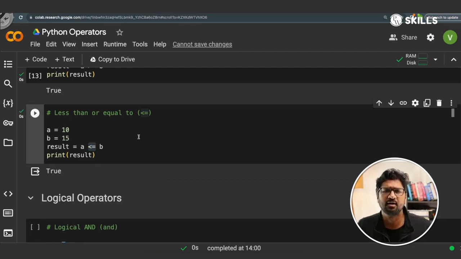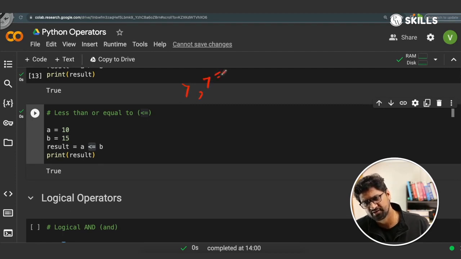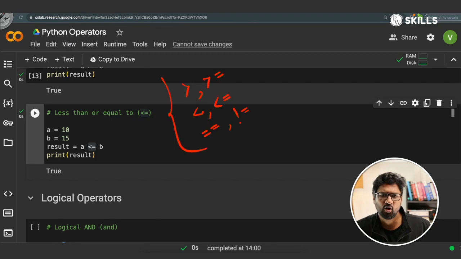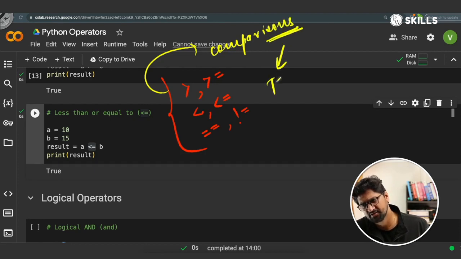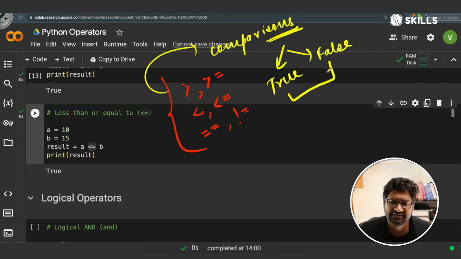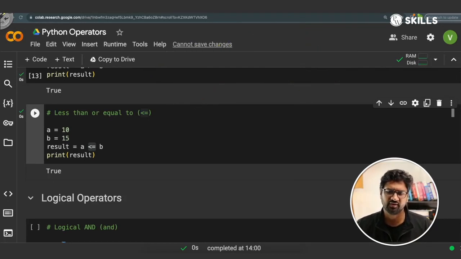So with this we have come to the comparison operator conclusion. हमने देखा few of the comparison operators like greater than equals to, less than equals to operators, and not equals to operator. This will always help me in comparisons in which the result will be either true or it will be false. One of these two outcomes you can always expect when you run with these kind of comparison operators.